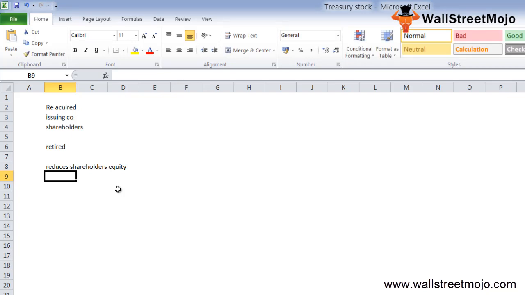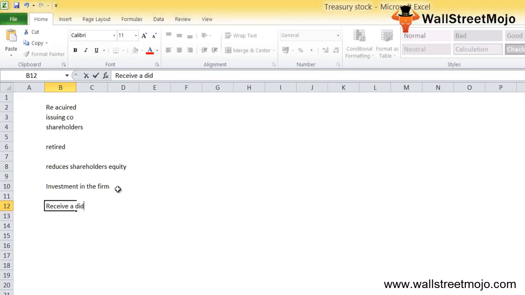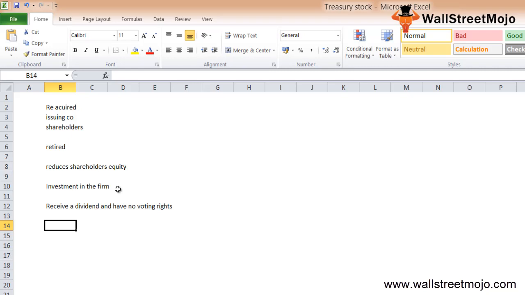Now, treasury shares do not represent an investment in the firm, and they do not receive a dividend and have basically no voting rights in this scenario. So the treasury shares are not taken into account for calculating dividend,